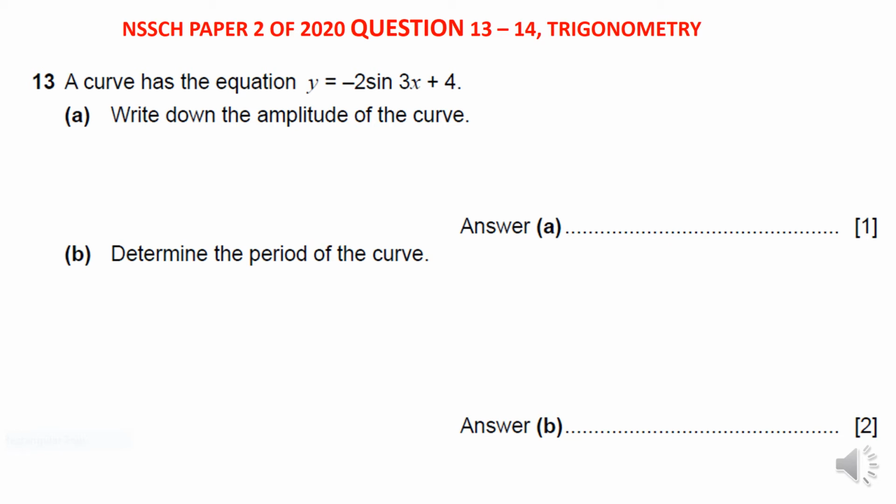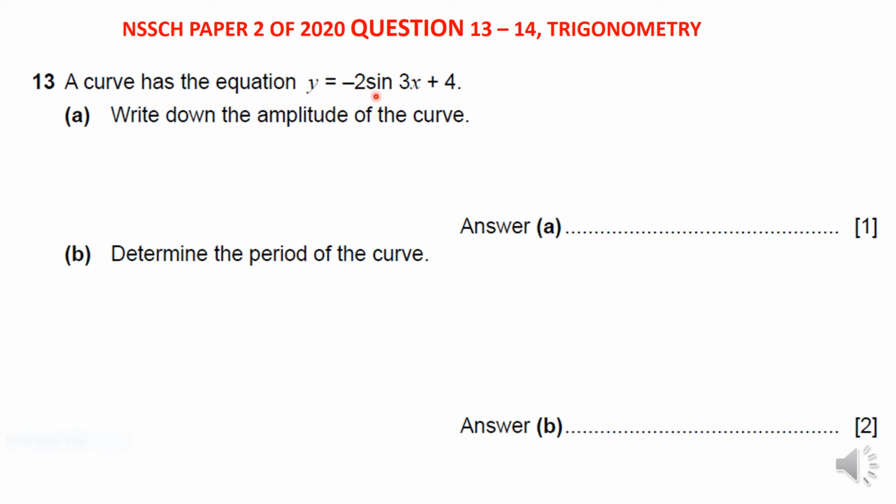So I am doing today two questions from last year 2020, the high level question paper. The questions are question 13 and 14 respectively, and these questions are dealing strictly with trigonometry, and so I decided to take them together. Okay, so question 13 said a curve has an equation of y equals minus 2